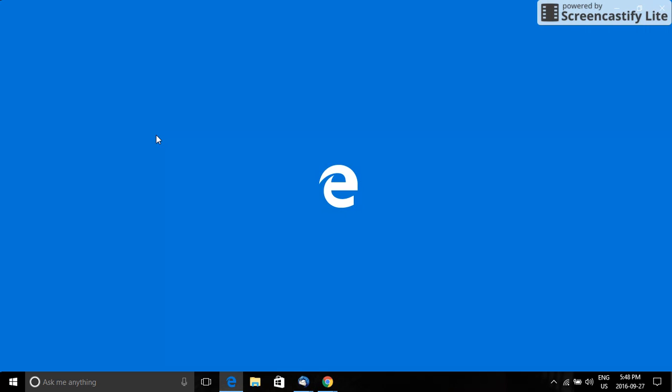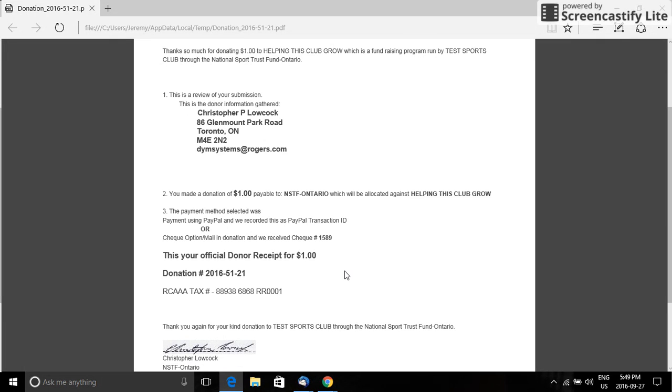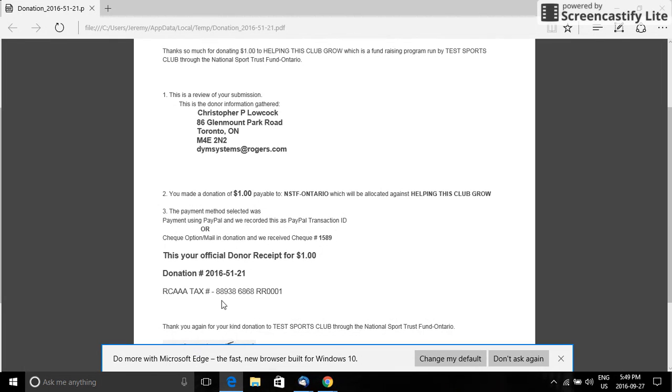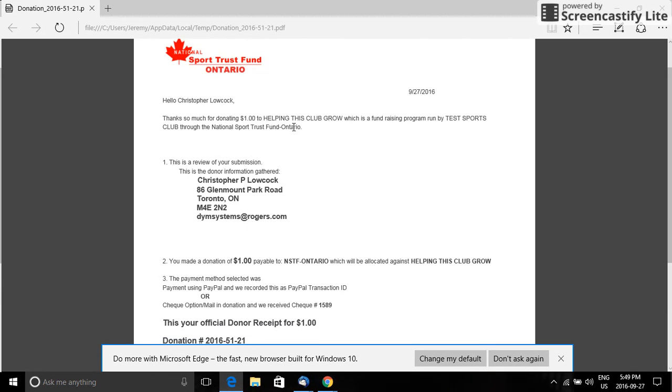It's going to show the dollar that we received. It's going to show the organization that it went to, and it's going to show the check number that we received. There's your check number. There's the donation. There's your tax receipt number. That's who it went to. It was $1. It was from this person, so on and so forth. So all these things were